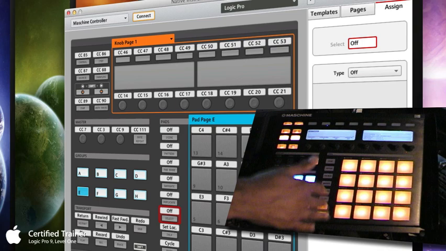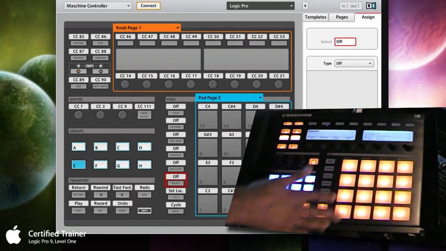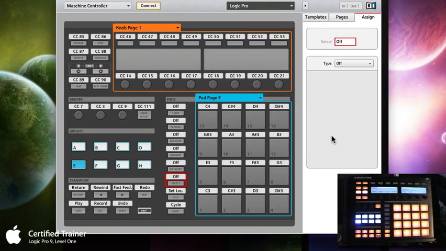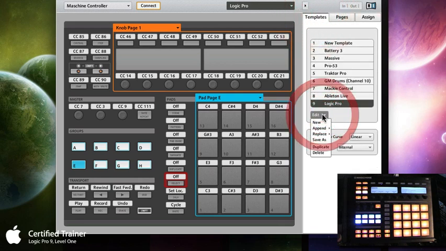Okay, so now all of those lights are off, and I know that these two buttons work and all of these things work. So you can turn off whatever you want. And it automatically basically saves what you just did, so I don't have to do Save As again, because now I have one called Logic Pro. If I change things here, it kind of default saves it to the software. So I'm going to close this out,